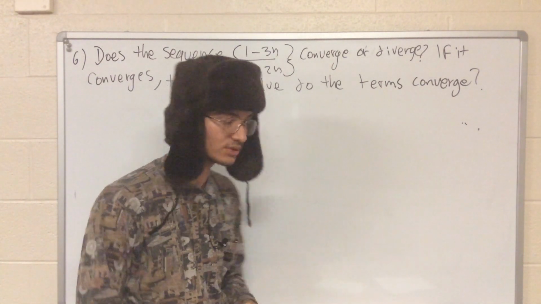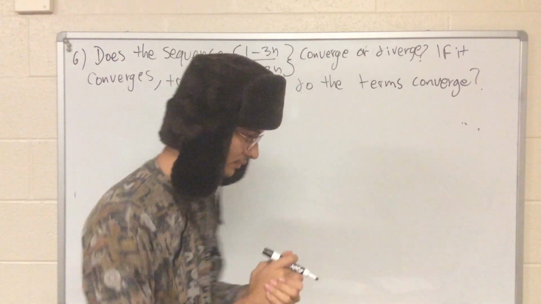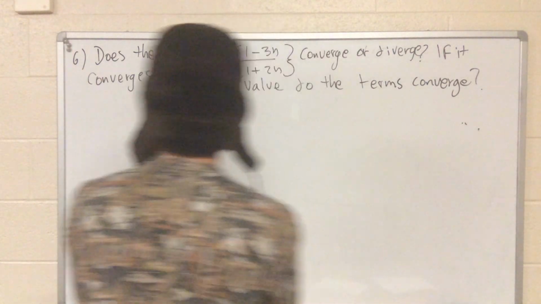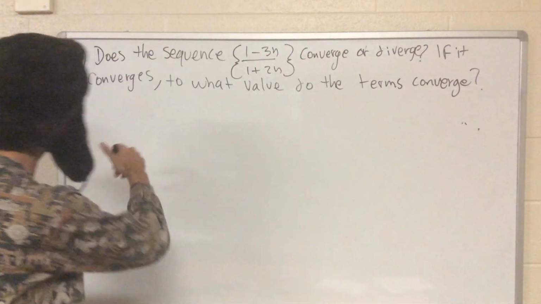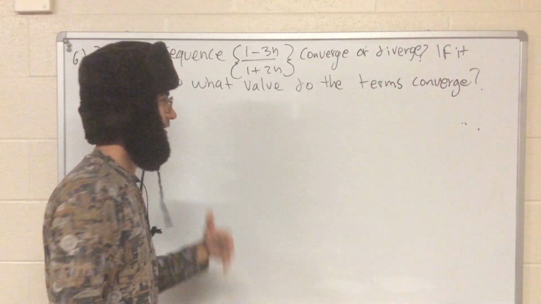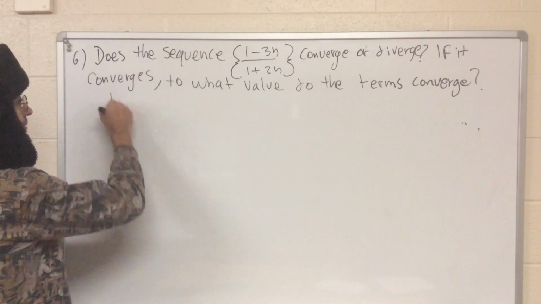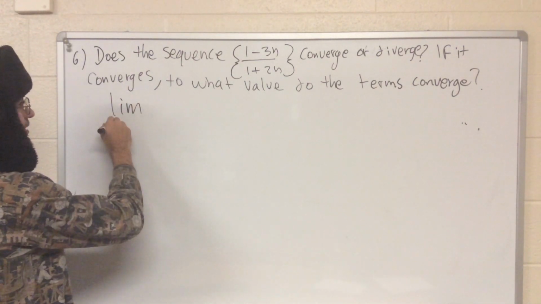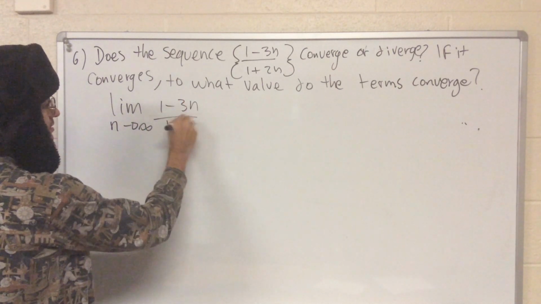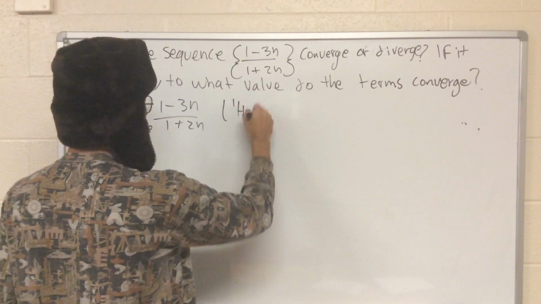Or we could use the limit rules for sequences. But in this case, let's try both. So let's see if we take the limit of this as it goes to infinity. At infinity, everything converges or diverges. So let's take the limit of the sequence as n goes to infinity of (1 minus 3n) over (1 plus 2n). And if we use L'Hopital's rule,